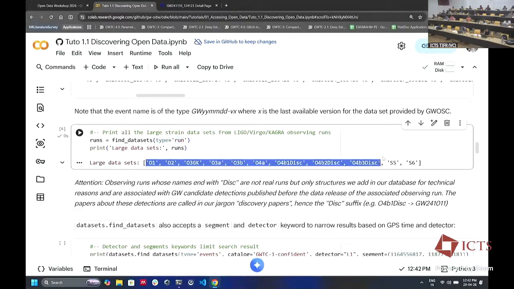So these were all the runs. These S5, S6 are the two runs just before we actually detected an event. LIGO has been building and developing their instrument for a long time now, but it was only after 2015 or 16 that it became famous. But it was also in operation before that. These were some runs at those times. And then these are again those pre-releases I talked about, just for these special events which were detected. And then there are also some full O4a, O4b, these kind of things.